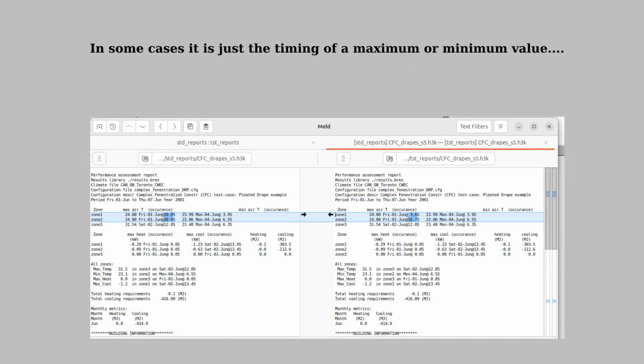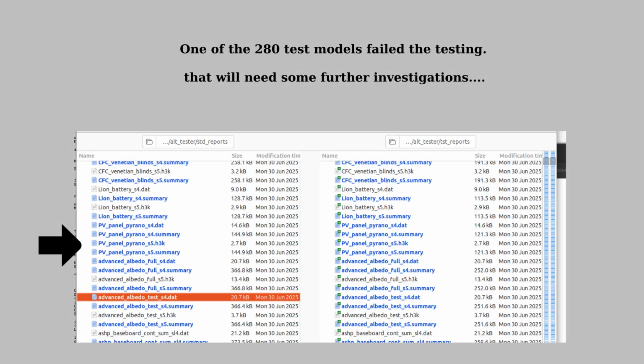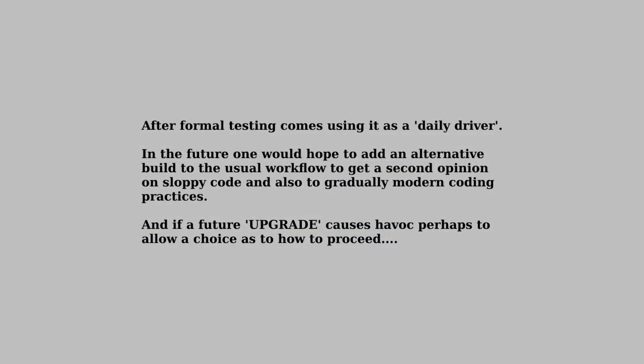That's not unexpected. And in others, there's a difference in the time where a maximum or minimum of some reported value changed. In the event, there was one test that significantly failed. And, well, that needs some further investigation, but not bad for a port.